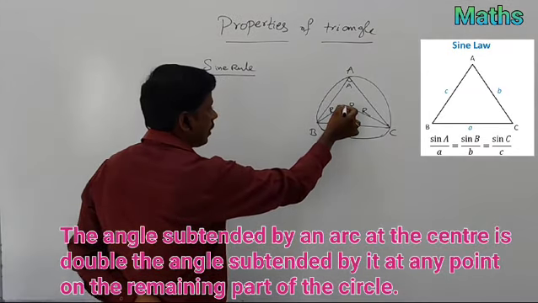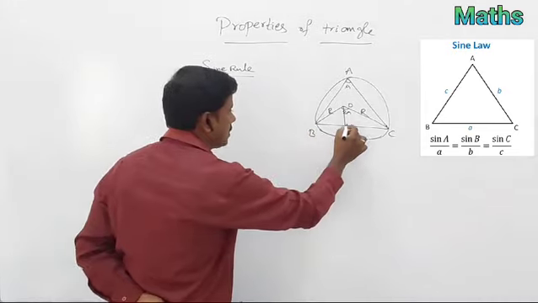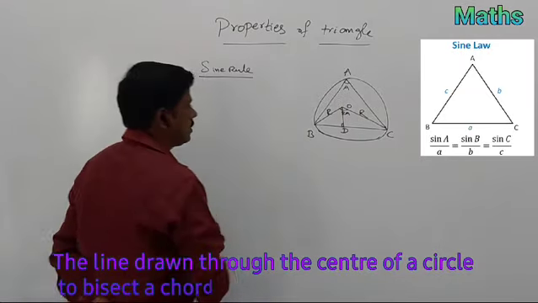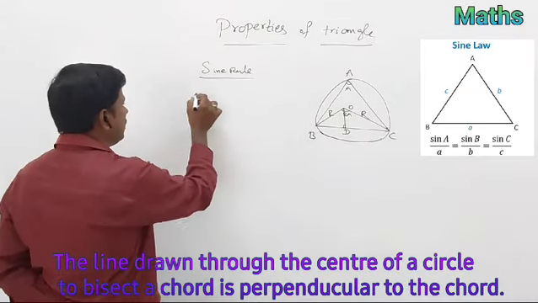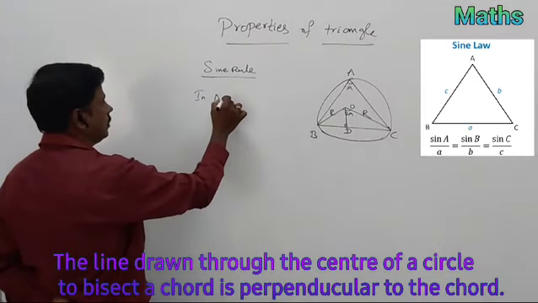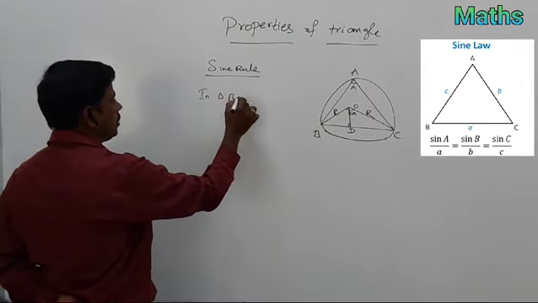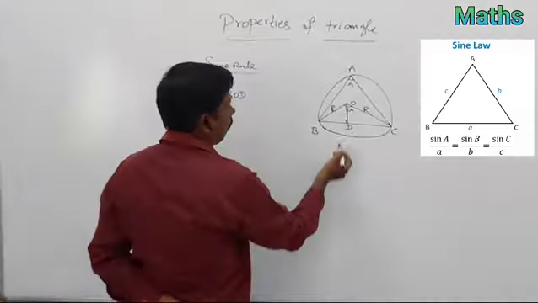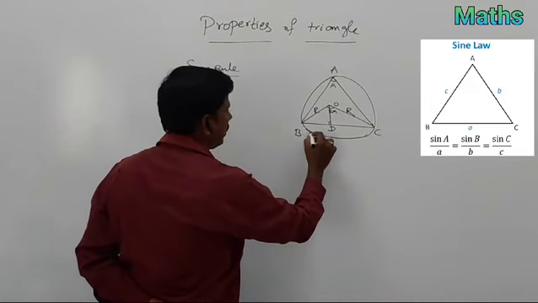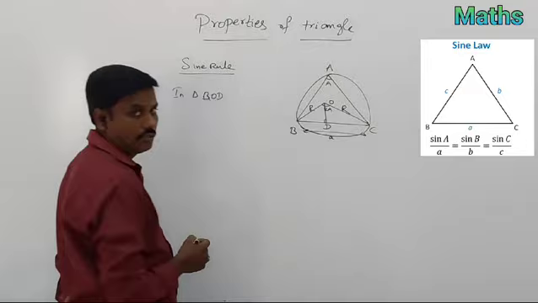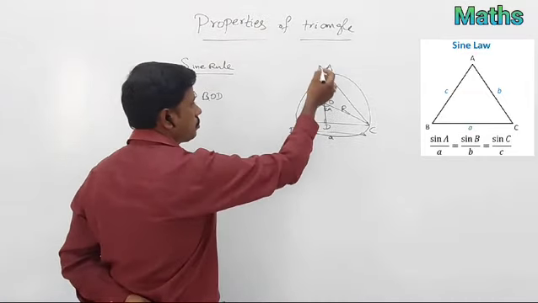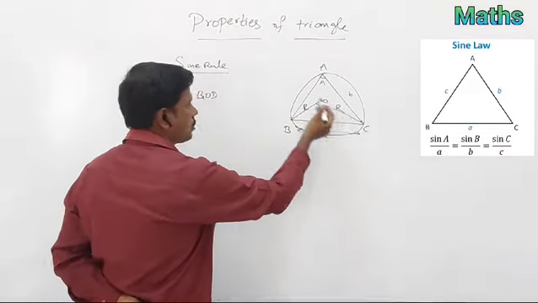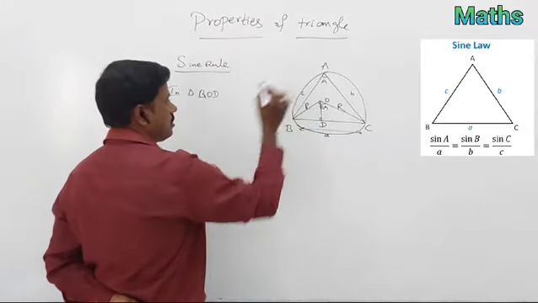Now take a perpendicular to BC, OD. Now consider triangle BOD, which is a right angle triangle. Let us see, the vertex A opposite to side BC has length small a. Similarly, you can take the vertex B opposite to side AC with length small b. In the same way, C is opposite to side AB with length small c.